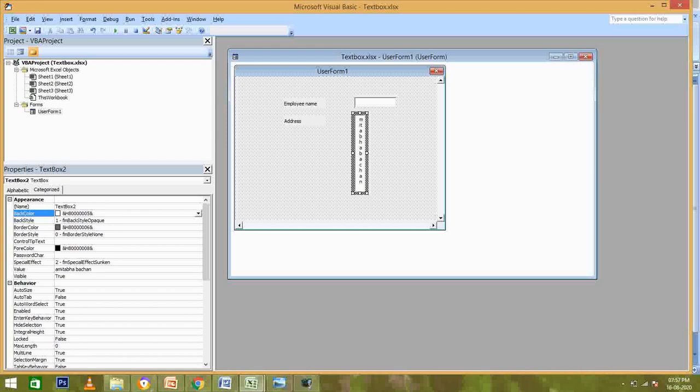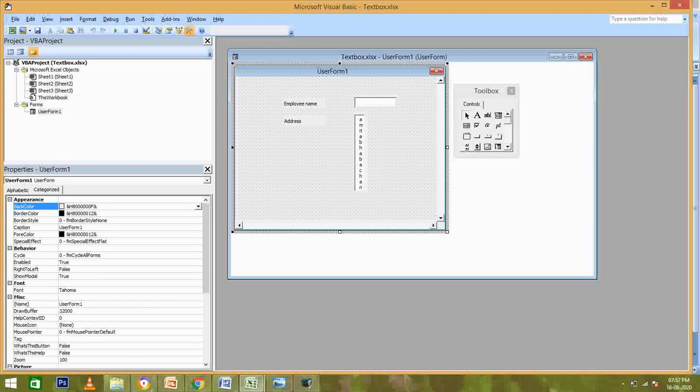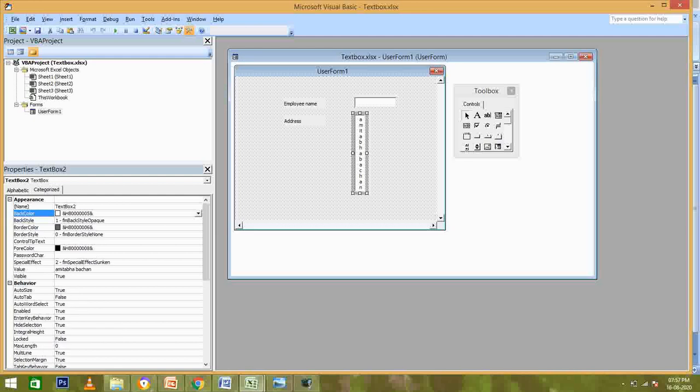So you will see no scroll bars. To use the scroll bar property, you must take care that the auto size property is set to false. I made it false, and I have changed the size like this.